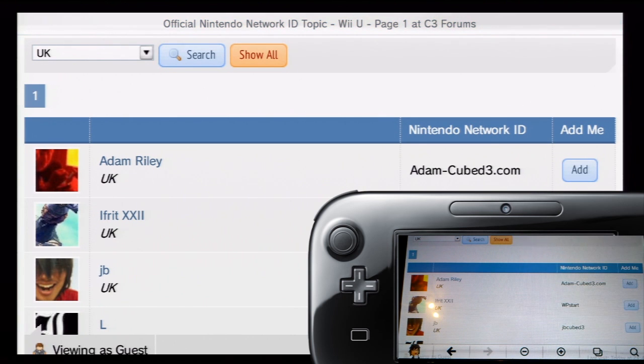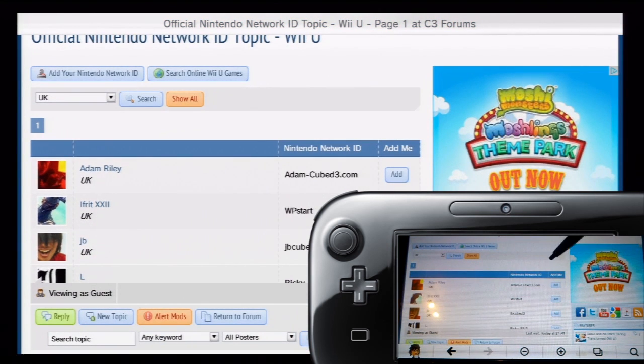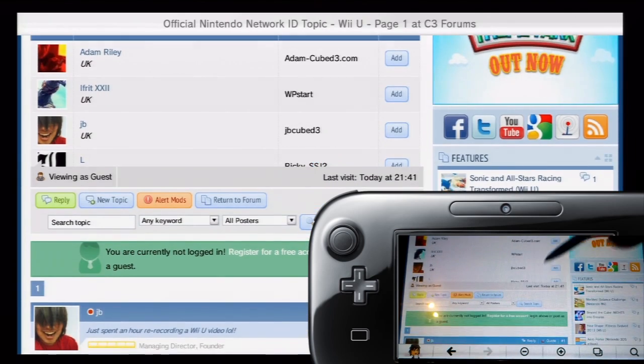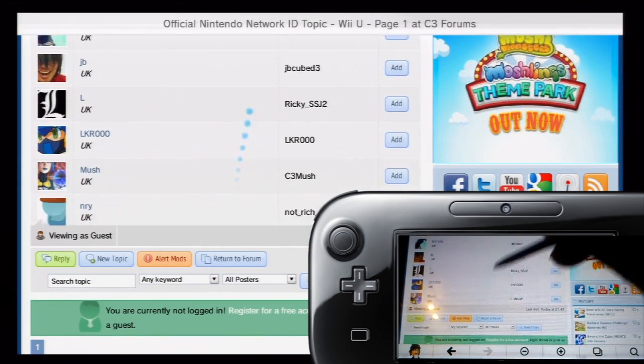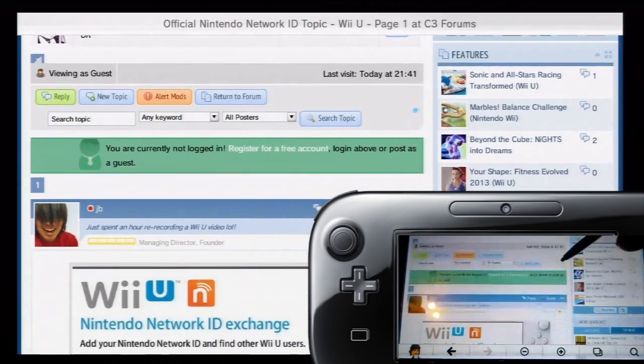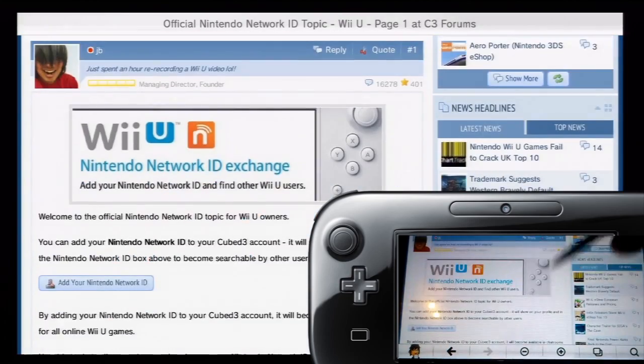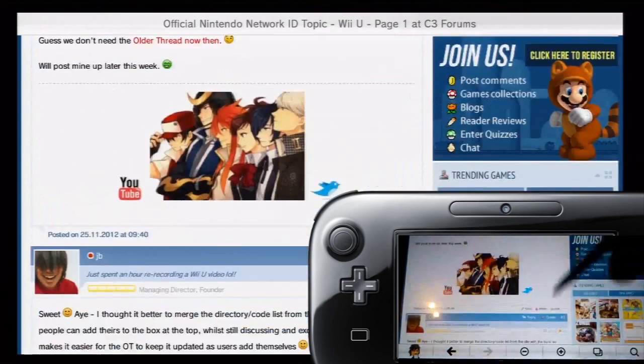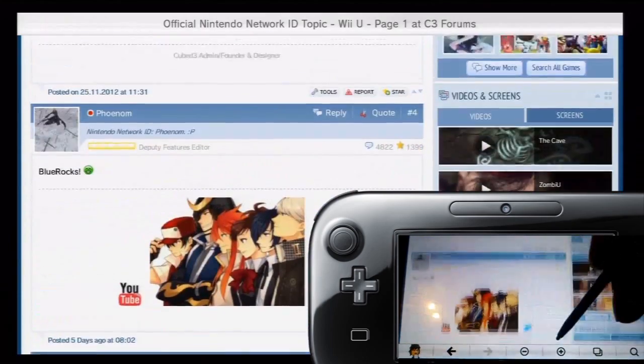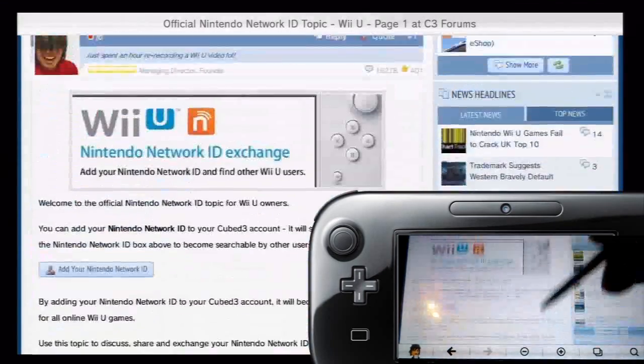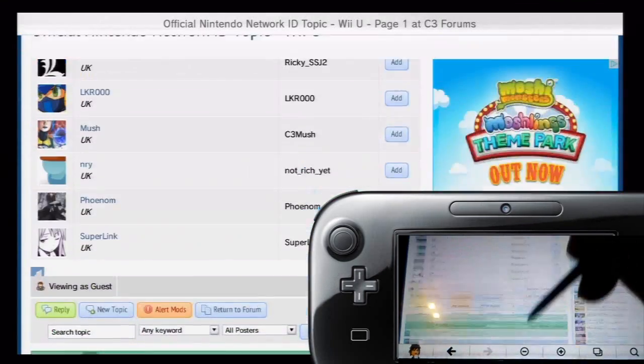And if we just zoom out, so I was just going to pinch that. If you zoom out, you can see just the Wii U users, like so. No, UK users, sorry. And we've also done it where you can just comment on this topic and add your own code. So if you go up to the top